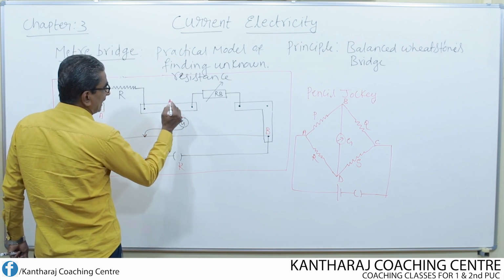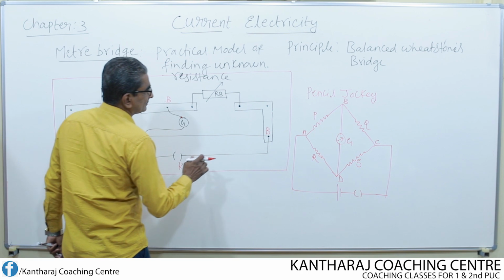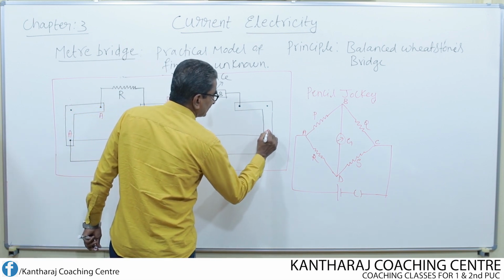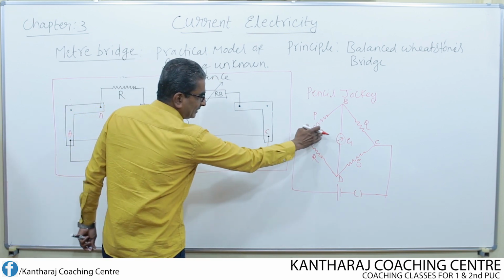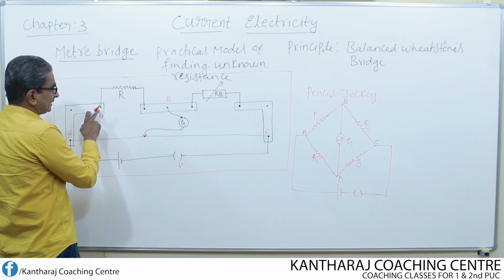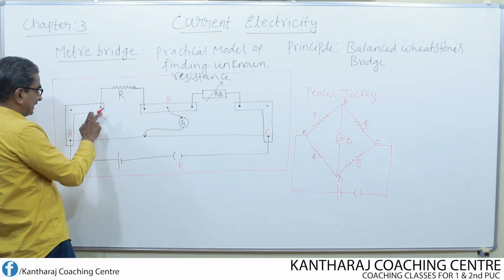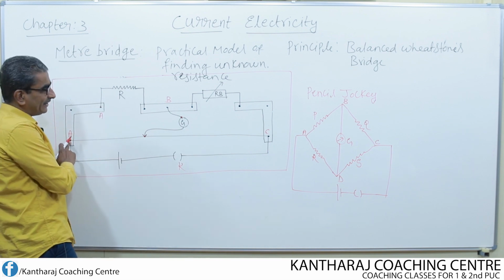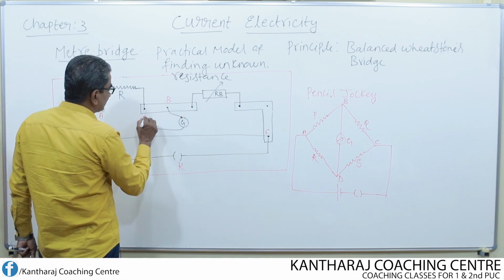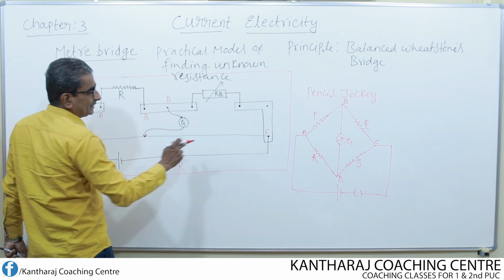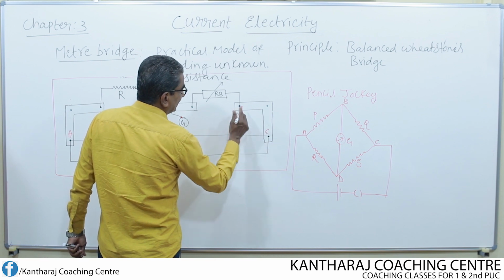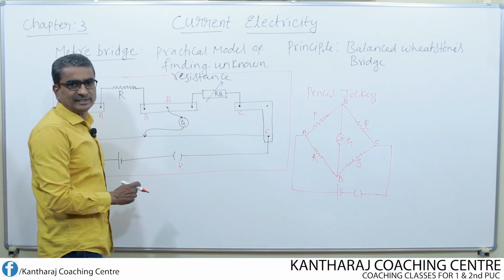If I consider this as B and this as C, just to match with this. If this is A, why is this A? Because this terminal is treated as A. If this is B, certainly this is also B. If this terminal is considered as C, then this will be treated as C itself.